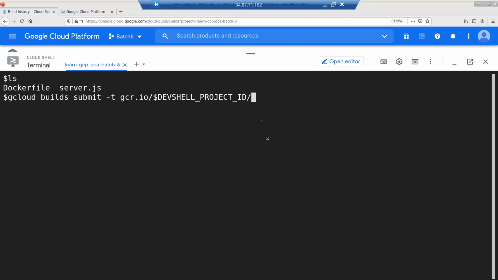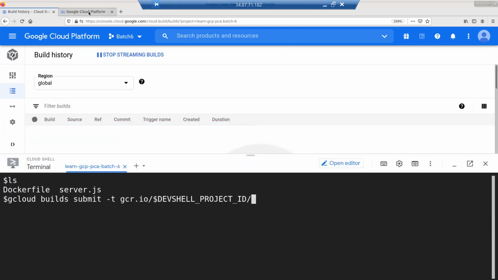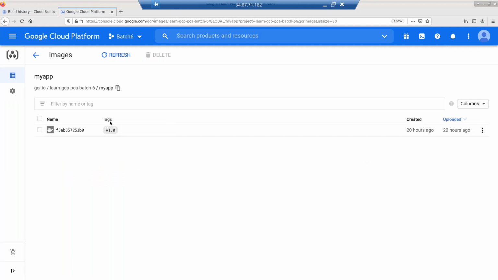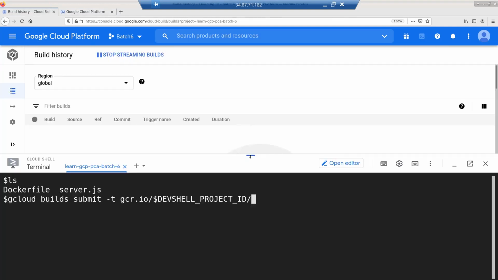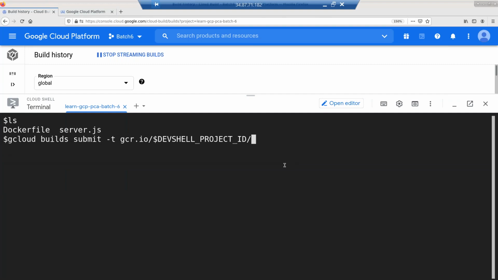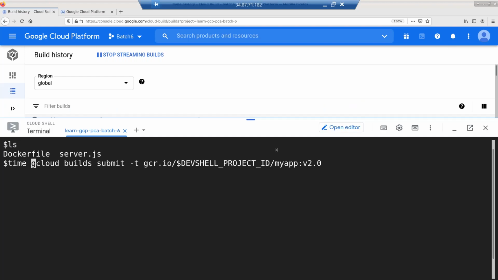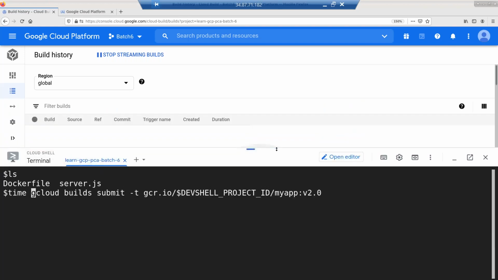If you give the same name, it's going to be a newer version. That's it. If you give the same name, my app, it's going to be a new version with a new tag. But if you give something new, it's going to be a totally new image itself. Let's make it part of the same image, my app, but I'll call it version 2.0. Now let's see how fast it's going to do. And I also wanted to put time in front of it so that we know the complete time to build it and to